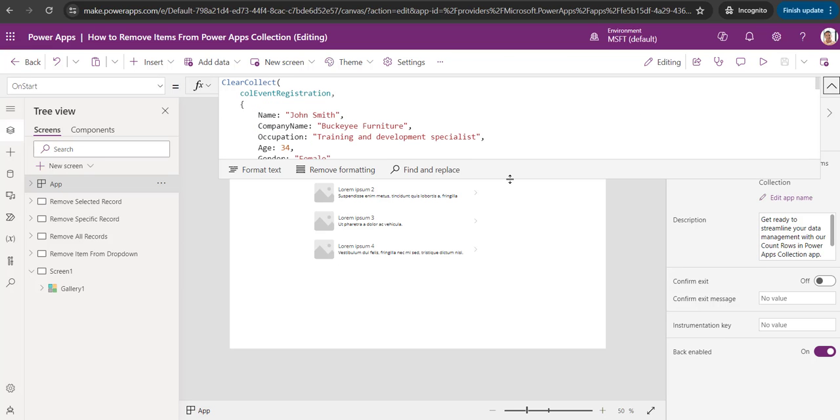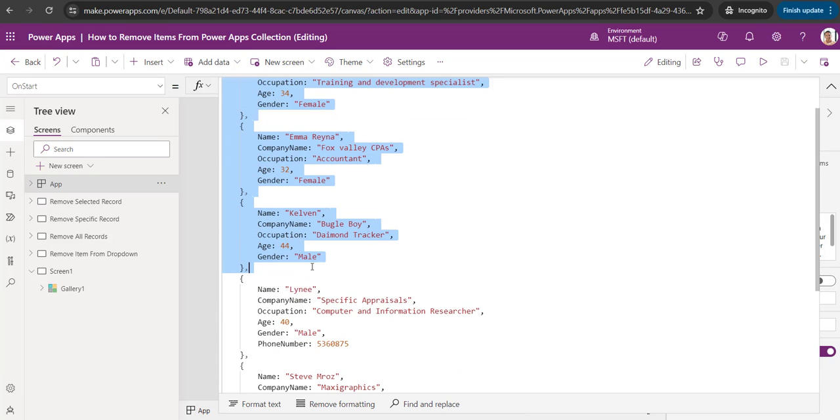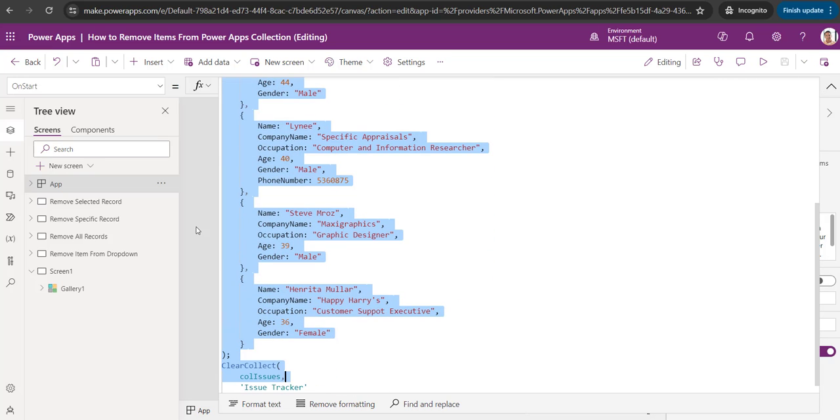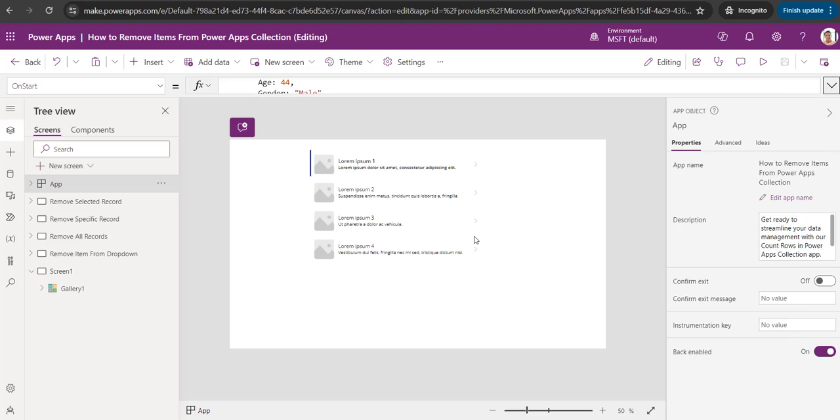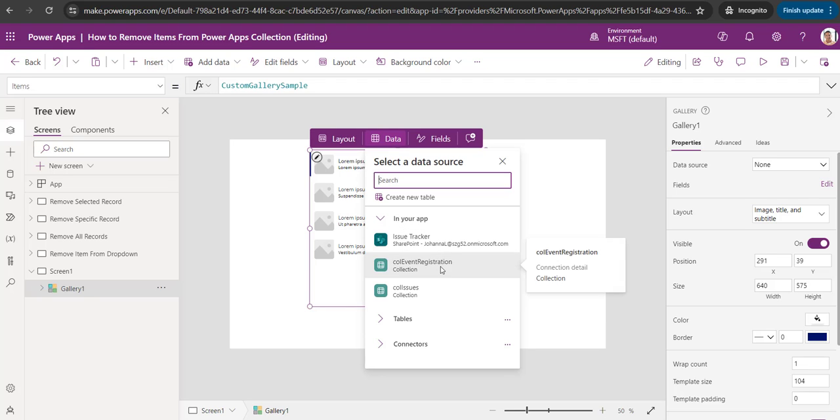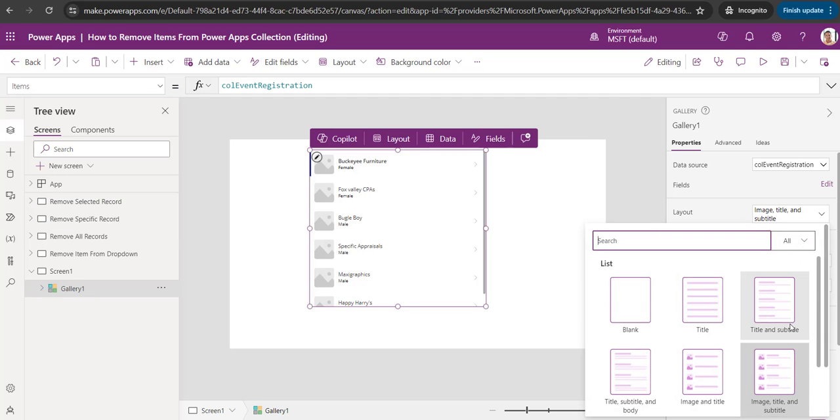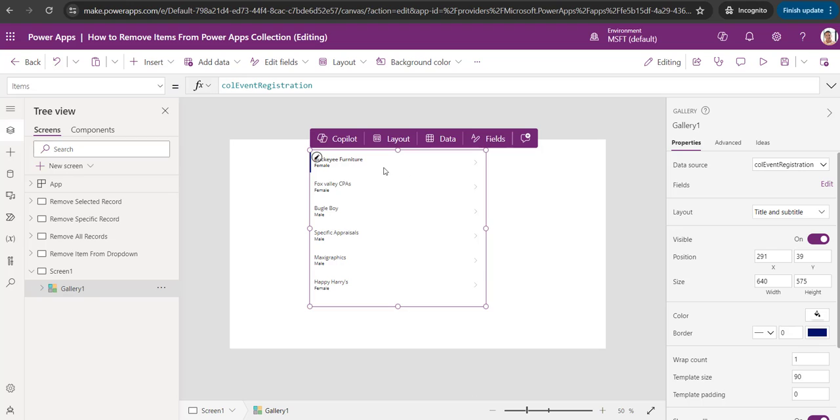You can see I have created all the records manually. I have used Clear and Collect, and I have created all the records using the onStart property. To create the power-ups collection, you can visit my previous video. I have explained everything over there. So I have added a gallery control. Now I will click my collection that I have created, and you can see all the records reflecting here. Once you click on this layout, you can see I have changed the layout to title and